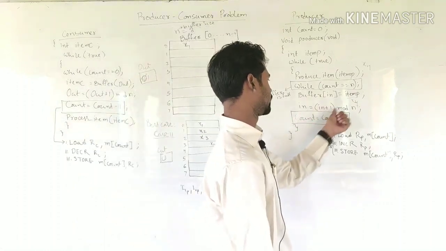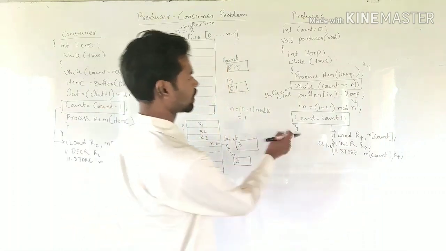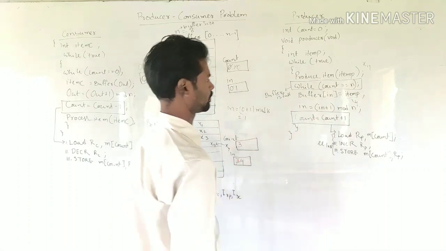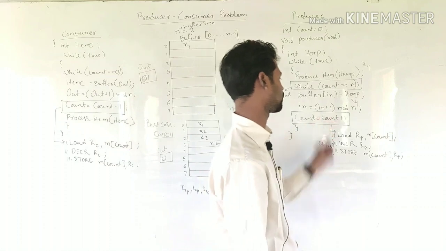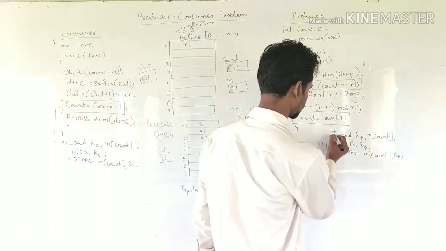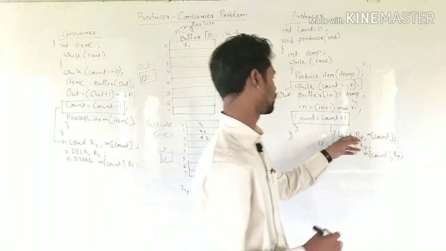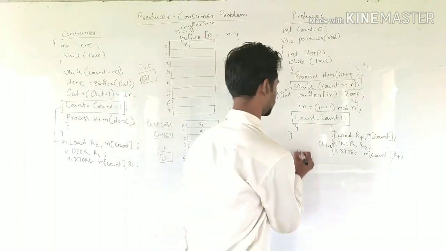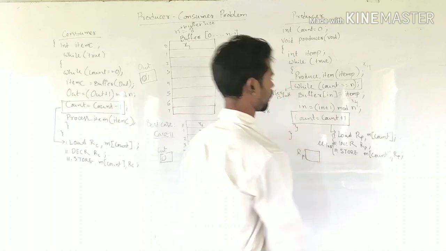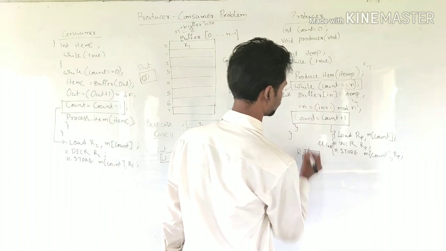In equal to in plus 1 mod n, what will be in? So that will be 3 plus 1, 4 mod 8, that will be 4. Now count equal to count plus 1. Here first micro instruction I1 is executed, that is M count load RP. In RP, register P, what will be loaded? Count value will be loaded, that is 3.